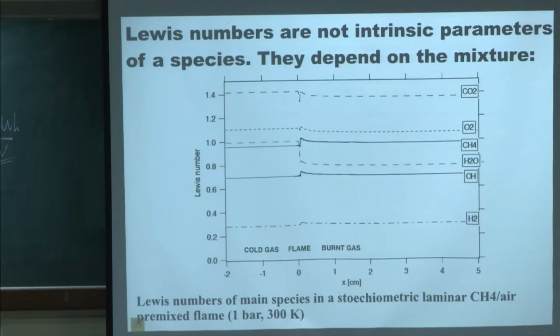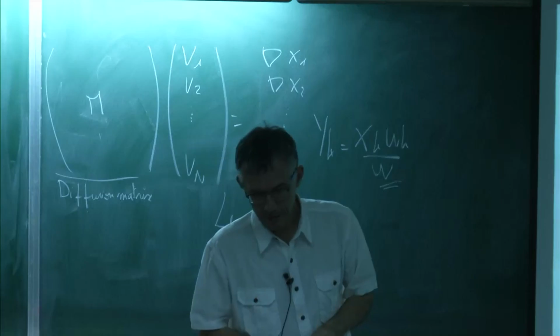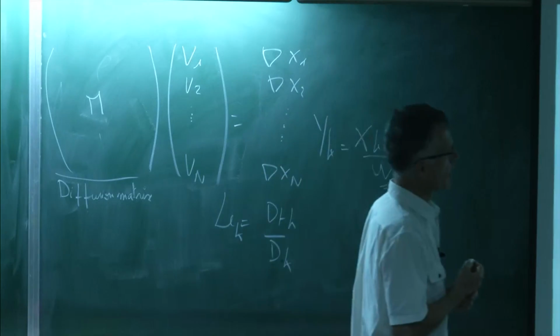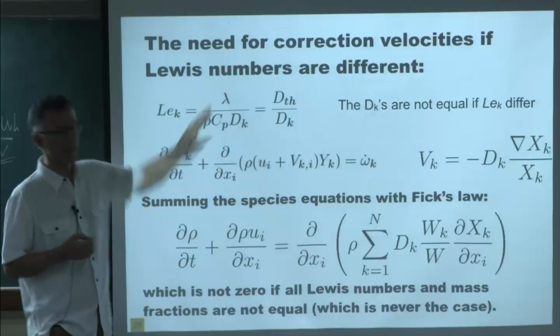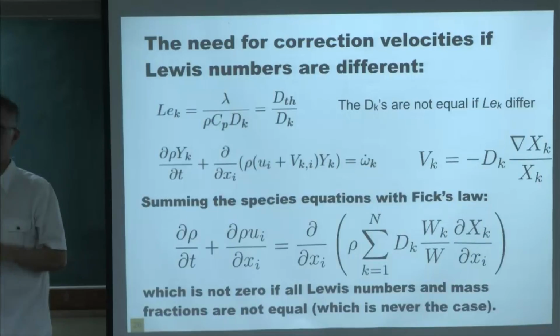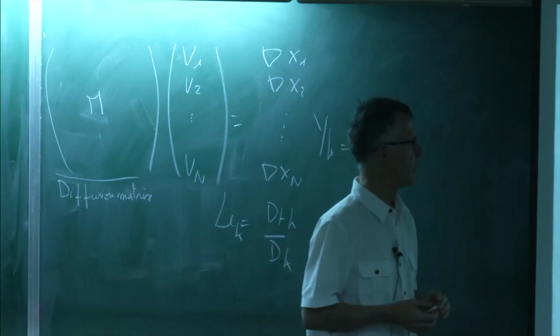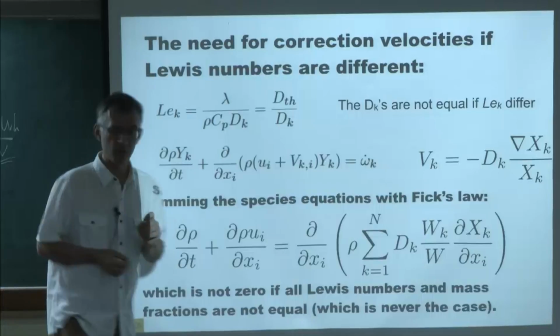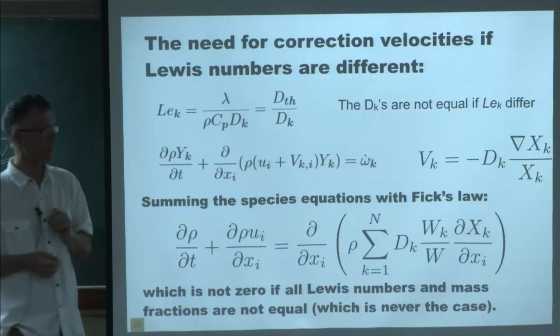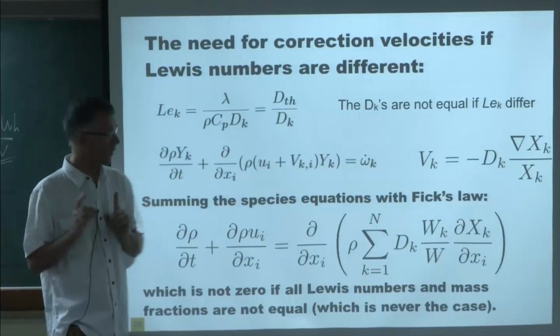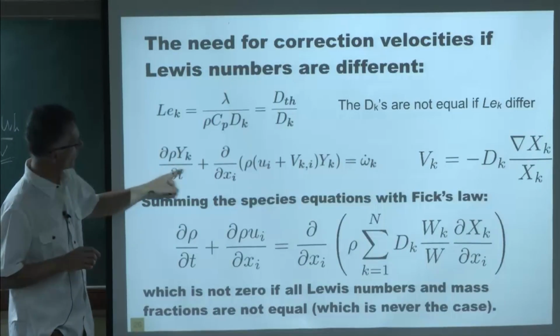Now, many of us want to include this effect of Lewis numbers in their codes. That means they want to be able to say that the Lewis number of all species are different. The trick when you do that is you still want to enforce total mass conservation. And that's not always the case. So for example, if you look at this equation here